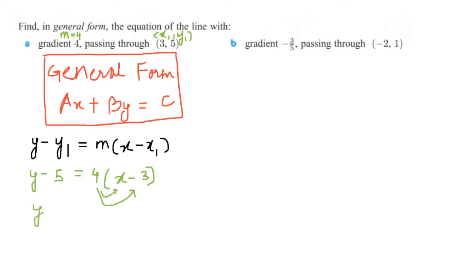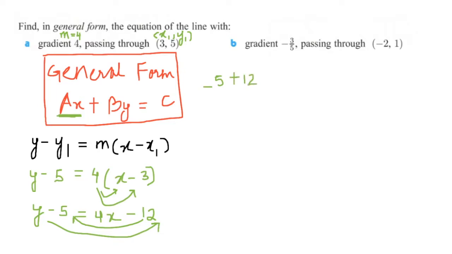So I'll get y minus 5 is equal to 4x minus 12. Now shift y to the other side because I don't want x to become negative. If I shift 4x to the other side, it will become negative, minus 4x. I want the x to remain positive, so this expression should be positive here and the second one can be negative. I will shift this number 12 to the other side. After doing this shift, I will get minus 5 plus 12 is equal to 4x minus y.